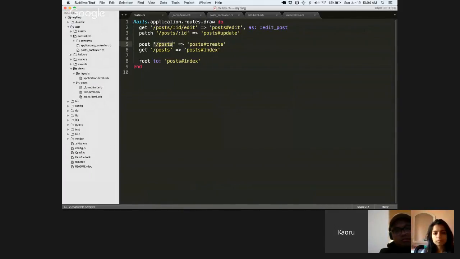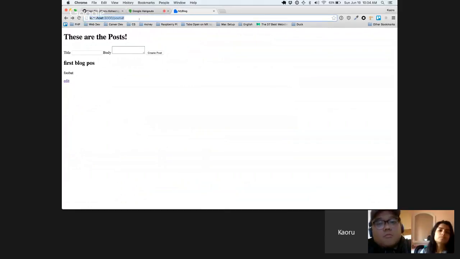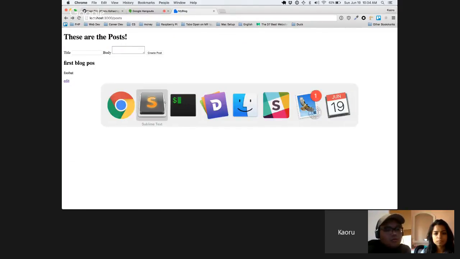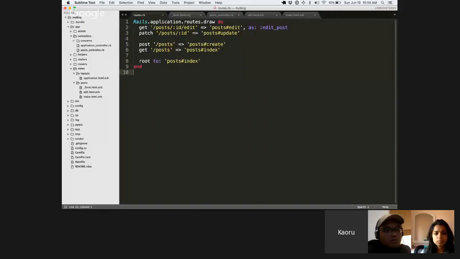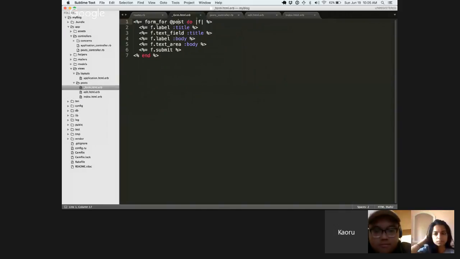because the post doesn't have an ID, it's not saved to the database, it can assume, okay, the path is just going to be /post, and it doesn't need a form helper. The reason why it wants a form helper is the same reason I wanted a form helper, because it can then just call the helper, the post path, pass in the object, and this method will just extract the ID from the object. So you can also tell it explicitly what URL you want it to post to, by saying post and then